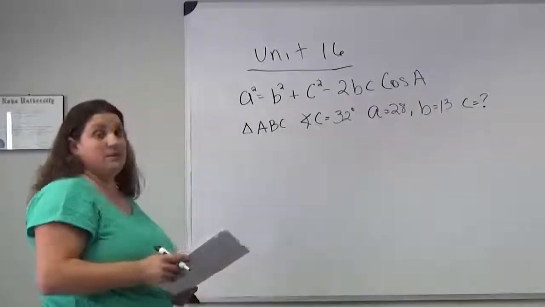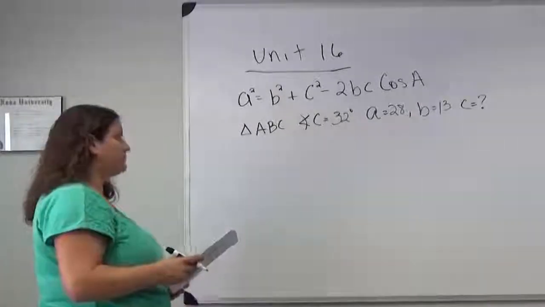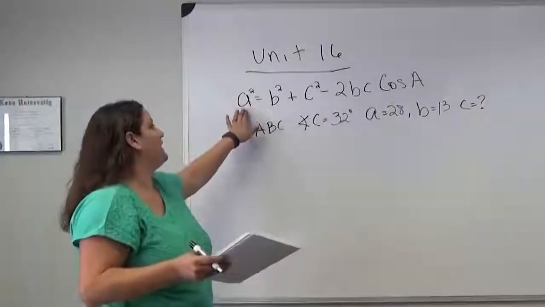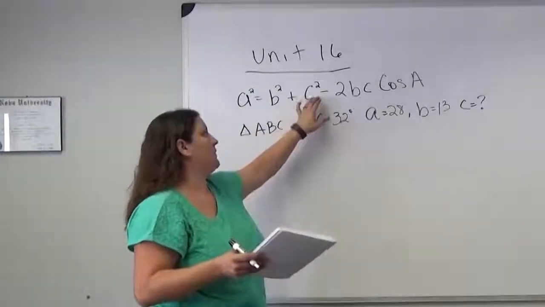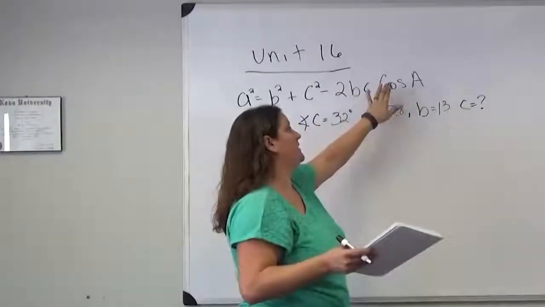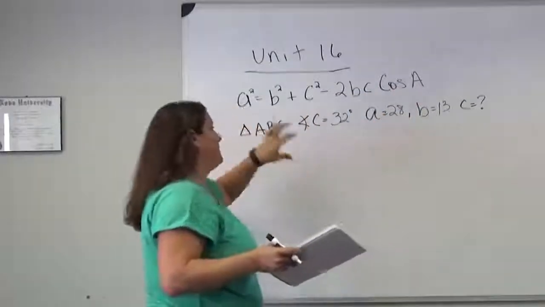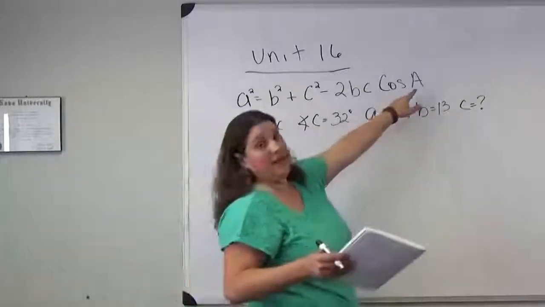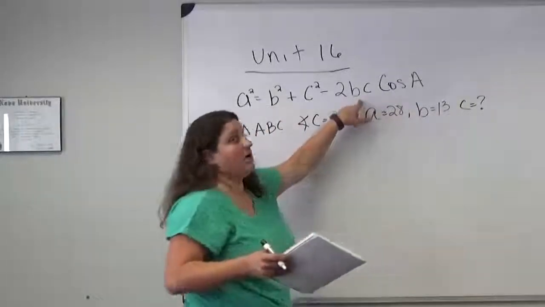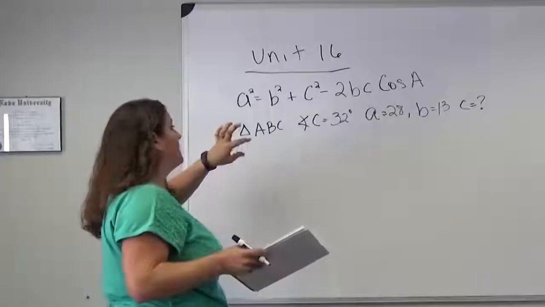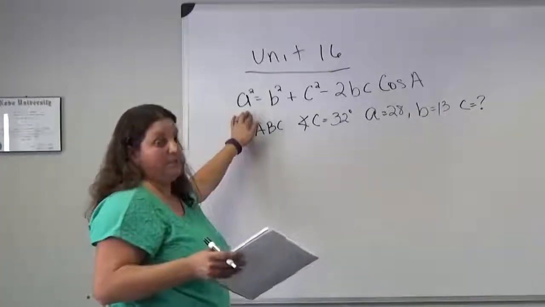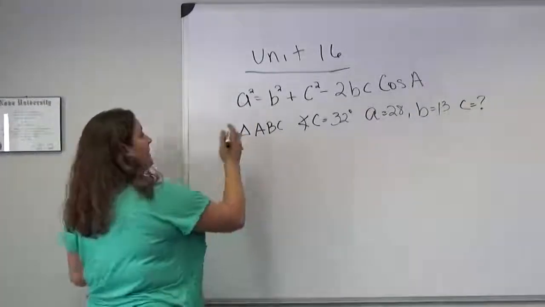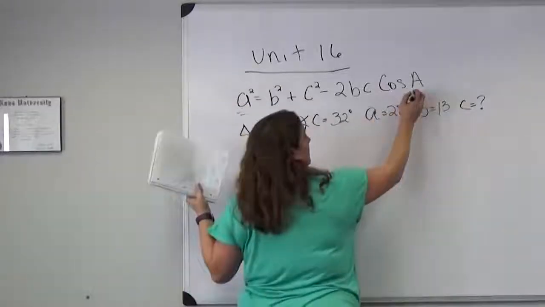Unit 16 uses the law of cosines. So that's the formula: a squared equals b squared plus c squared minus 2bc cosine of A. This is if your triangle is ABC, the capitalized letters are the angles, the lowercase letters are the sides. It doesn't have to be A, it can be B or C, but whatever is here, the corresponding angle has